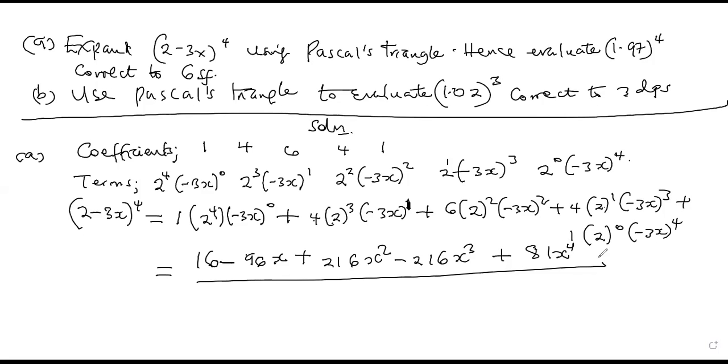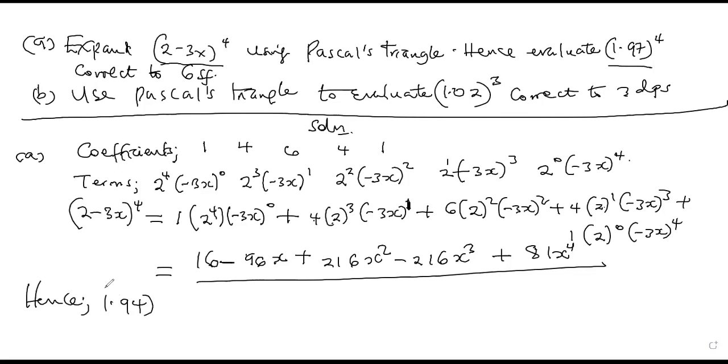Whatever terms they give you, the first term begins with the highest power, it keeps reducing as the other one also increases. So it's a matter of you to be smart as you substitute. So they want us to use Pascal's triangle to expand, and after expansion, they want you to evaluate 1.97 to the power 4. So hence